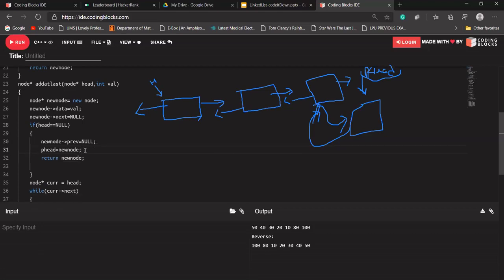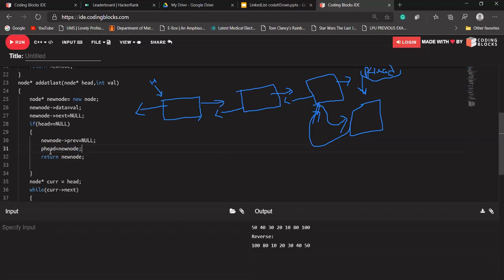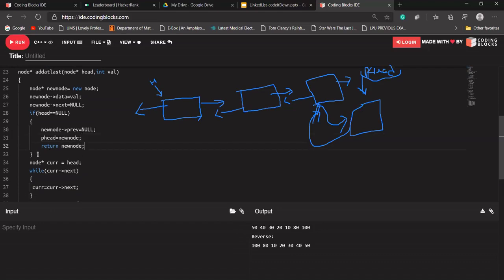Suppose there is nothing in our linked list and we are adding one node, our p head will point to this node only, because this will be our last node.